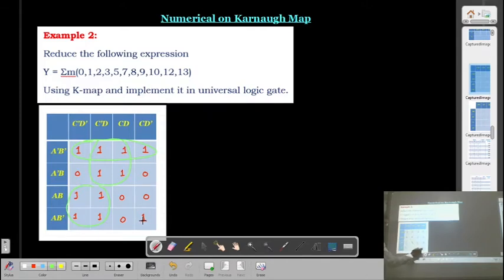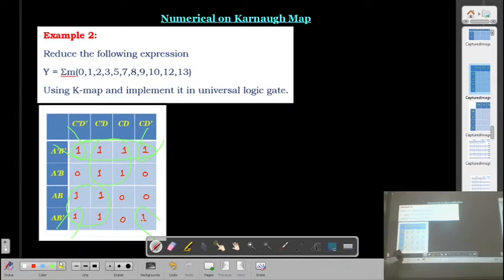Here the remaining high level is there. But if you look at this corner of the Karnaugh map, there is a high level here, here, here and here. Correct? So we can make a quad in this way. So here 1, 2, 3, 4 quads are there. But some of the quads are going to overlap, and that overlapping quad we will not consider. Correct?